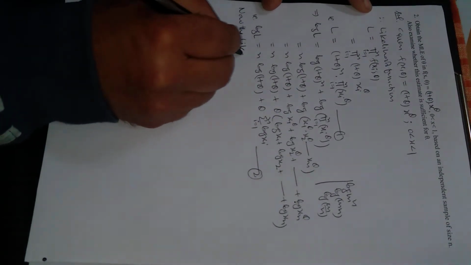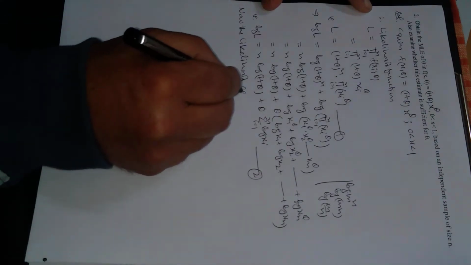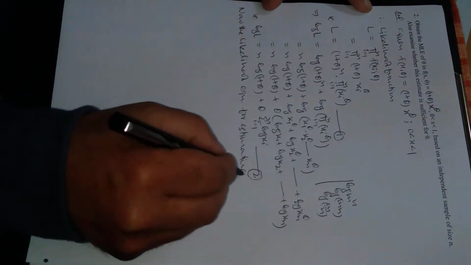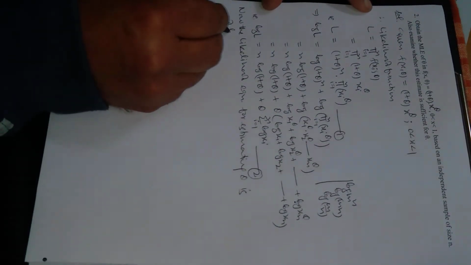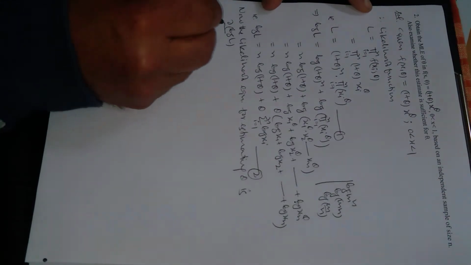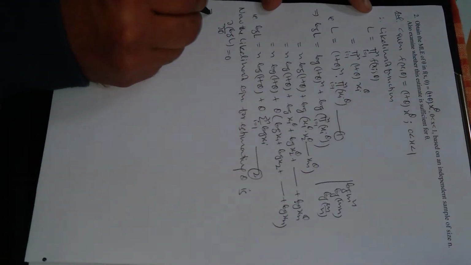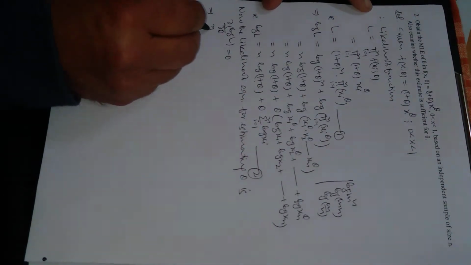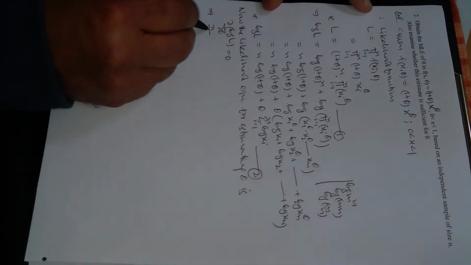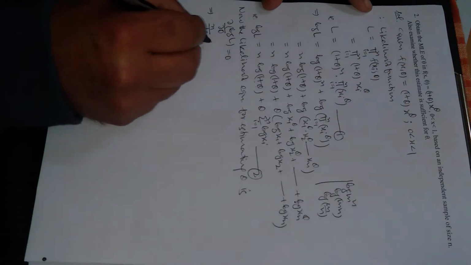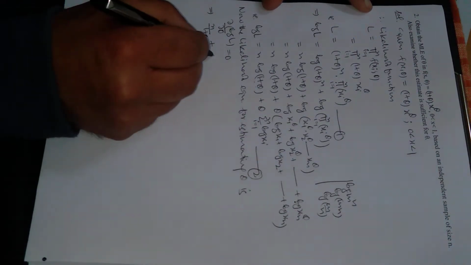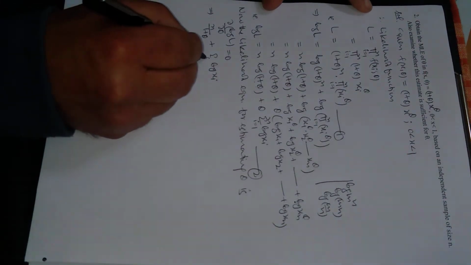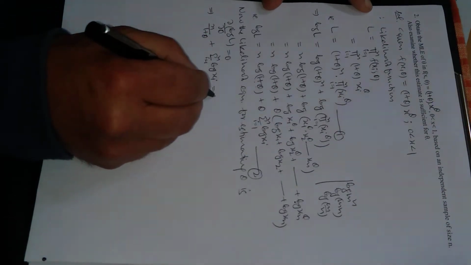Now the likelihood equation for estimating theta is the partial derivative of log L with respect to theta equal to 0. Now differentiate this equation with respect to theta. Here n is constant, and the derivative of log (1 plus theta) is 1 upon (1 plus theta), since the derivative of 1 plus theta is 1. Similarly, the derivative of theta is 1, so we are left with the summation of log x i, with i varying from 1 to n, equal to 0.